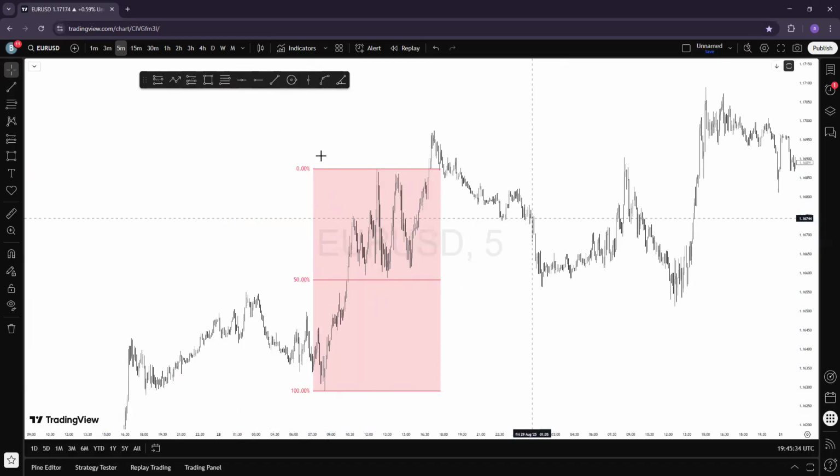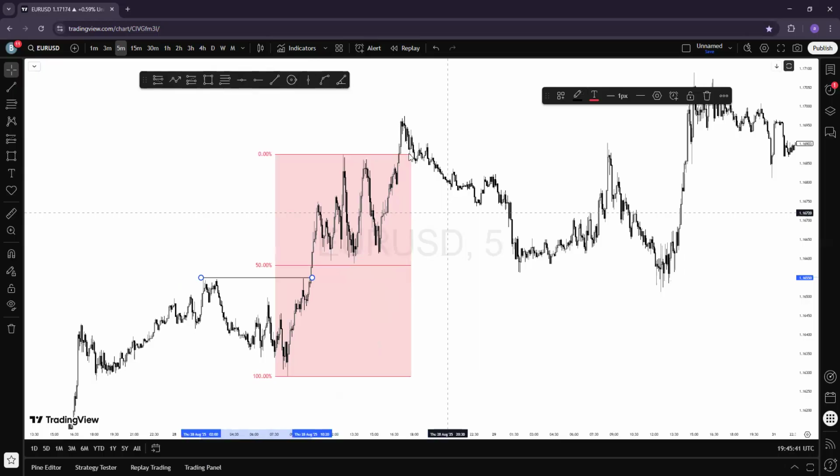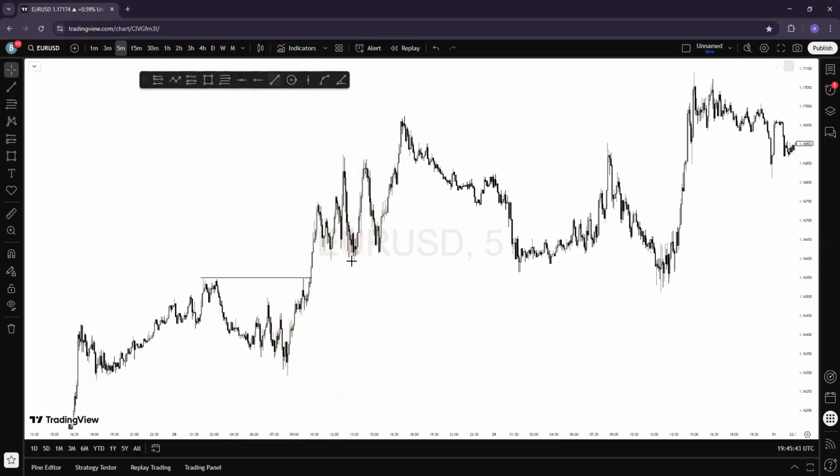Now, we have a break of market structure here, and then this is the pullback, the first pullback. If you measure from here, a lot of people will say this is the first pullback. But no, because the market broke this guy. We have a break of market structure here, the market pulled back like this and came up again, took out this particular leg and then broke structure. A lot of people will say this is a protected low.